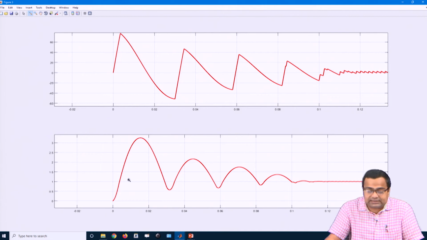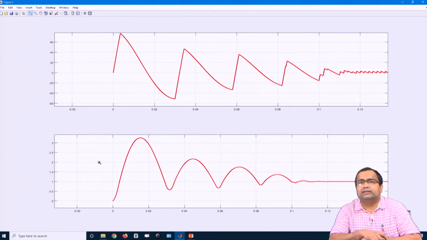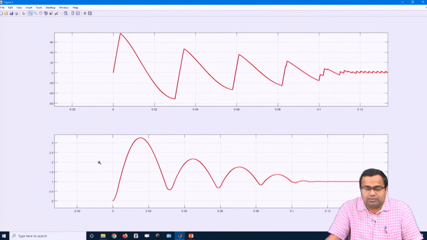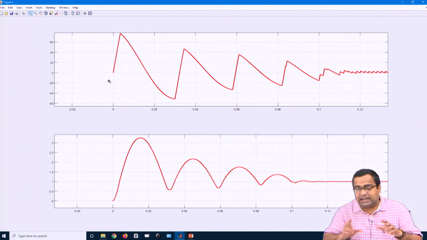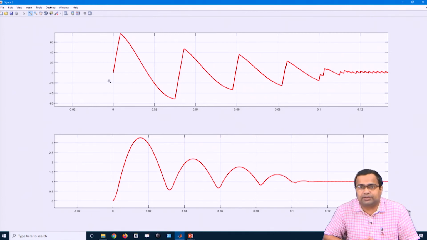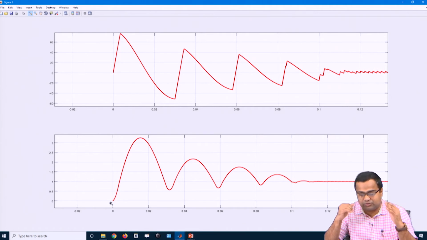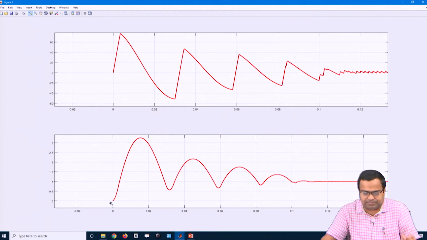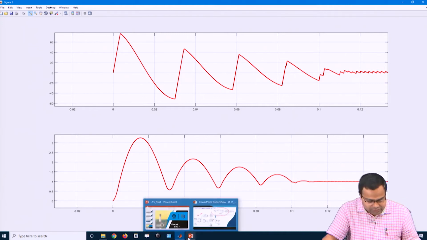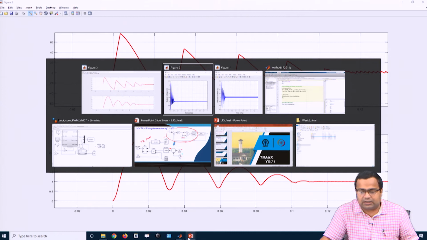That means, such a huge current will simply burn the device, or it will damage the switches and the other components, because the ratings of the components are not designed for it. So, this is not desirable. In fact, the output voltage is too high, because this output voltage we want to regulate, and if the overshoot is too high, it can damage the application, because that is where we are using this regulated power supply.